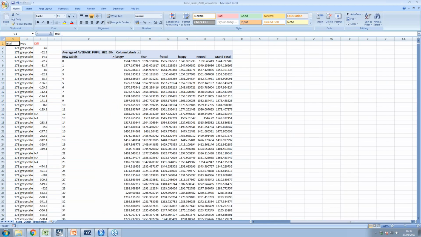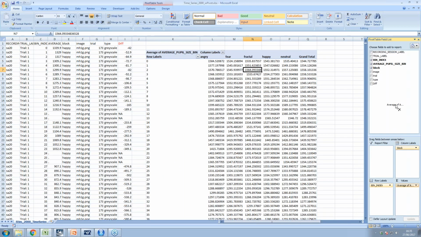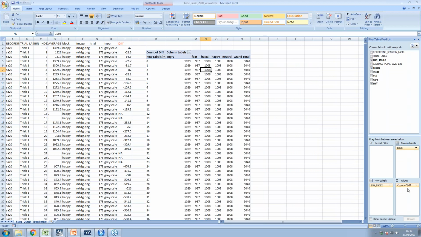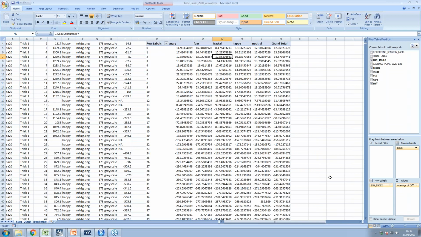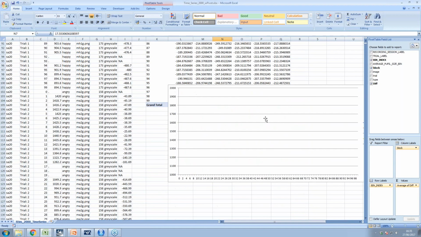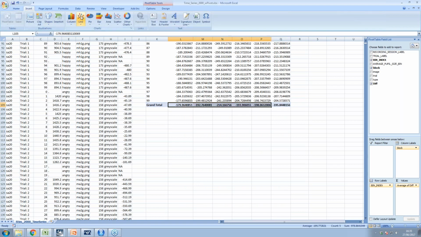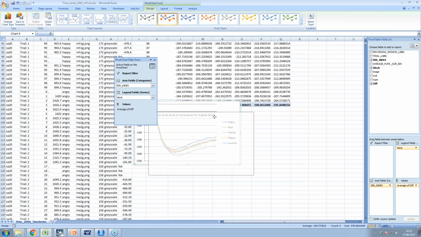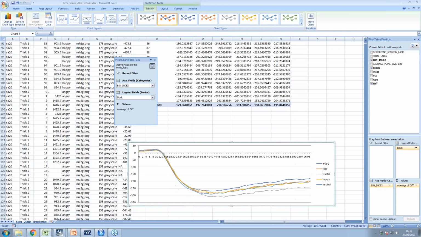So this diff column is basically people's baseline, which is here, subtracted, sorry, no, it's a difference column. I calculated it in R, pasted it in. If we look at the difference column and use an average of that, so this is now, whoops, that doesn't look very nice, but we can grab those ones. So there we go. You can see now everything's nice and normalized, and we're now looking at change from baseline